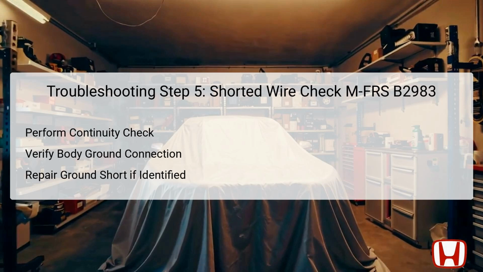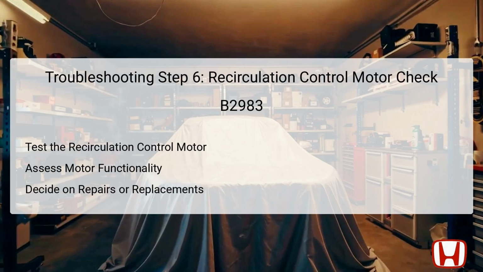Understanding whether the wire is shorted helps pinpoint further diagnostic paths, ensuring that the climate control system operates correctly moving forward. The final troubleshooting step centers around the recirculation control motor itself. This device must be tested to verify its operational integrity, considering its importance in the climate control system. If the motor is functioning correctly, the issue lies within the climate control unit itself, and its replacement is necessary